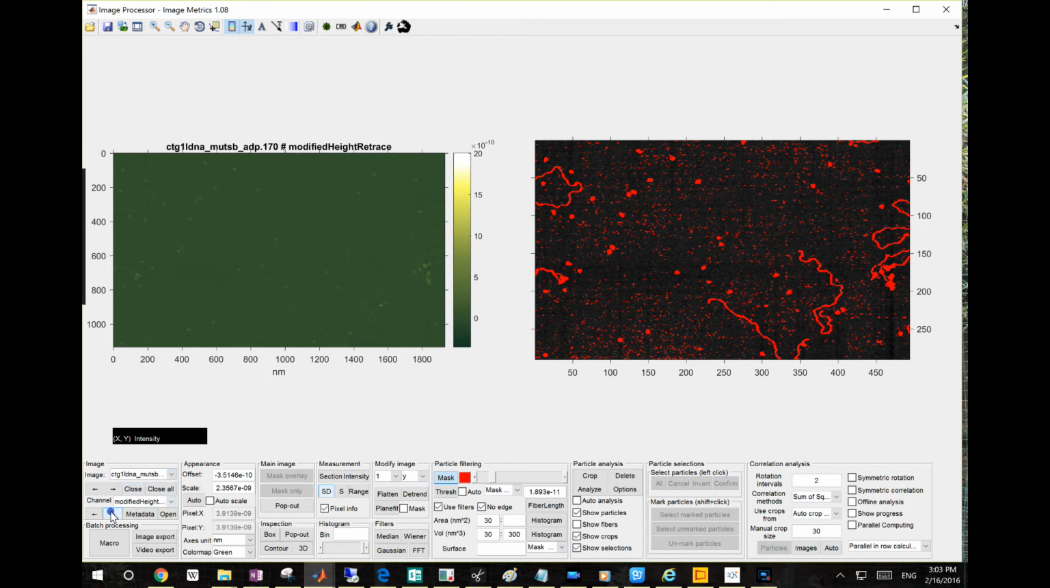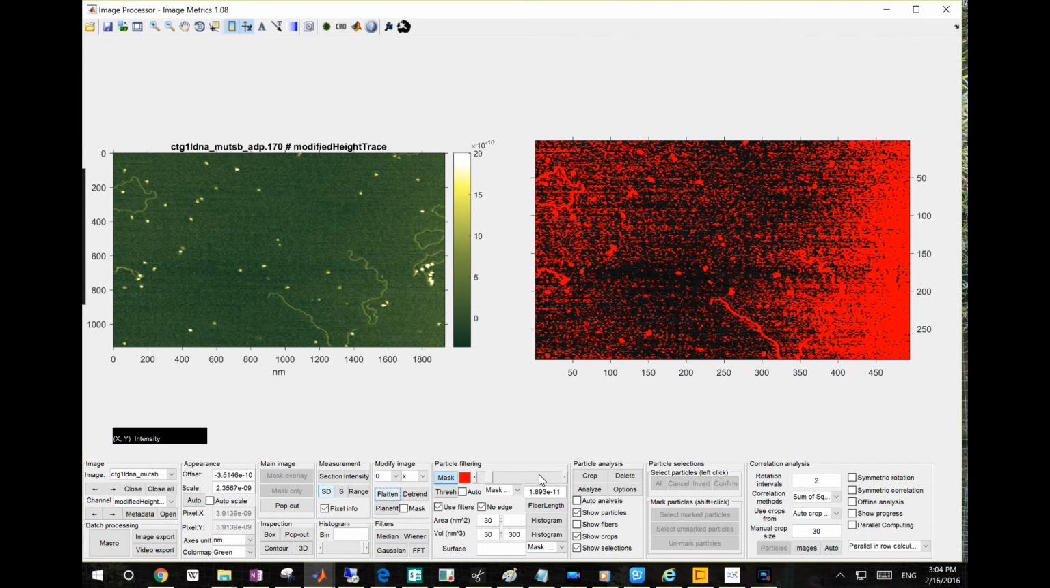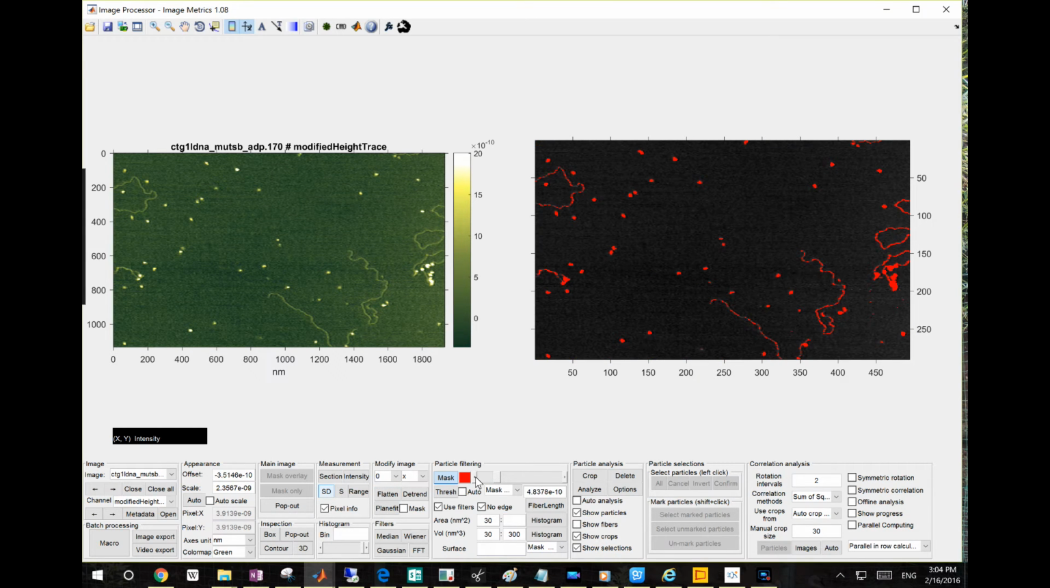So let's go back to the original. First, always do the auto flattening in the x direction, non-masked, and click flatten. And now we can do an x direction flattening. Actually, you can do a mask flattening. The mask flattening is